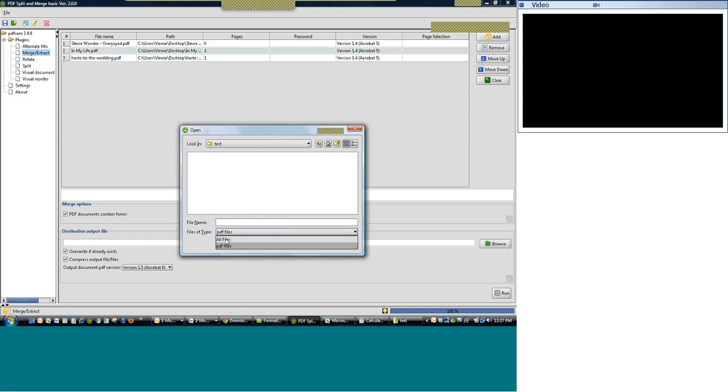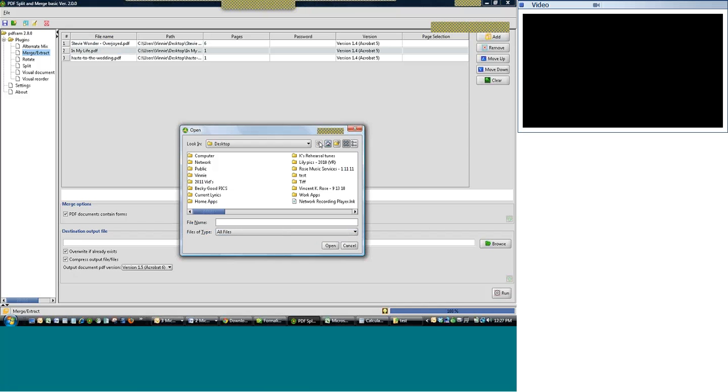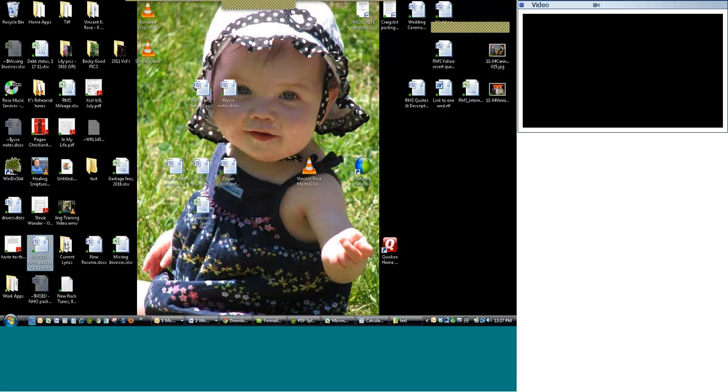Oh, you know what I'm guessing? I'm forgetting that on this one, when you do the merge or extract, it actually wants you to overwrite the existing file. So if you notice, it says destination output file, it doesn't say destination output folder. So actually, what I'm going to do, I don't know if that makes sense, but if you watch what I